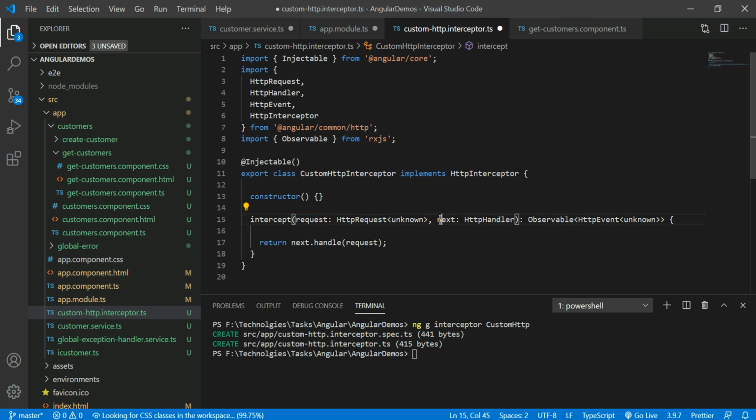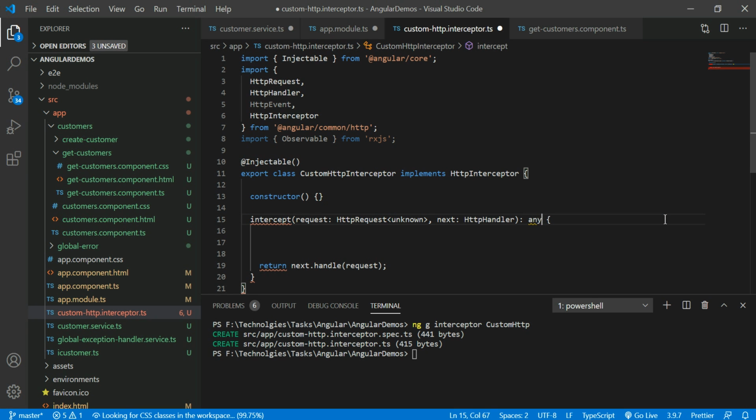Next, the handler is useful for handling the request. In case you modify the request, you have to return that modified request, so for that you use the HTTP handler. Here the return type is Observable of HttpEvent unknown; you can give the return type as any here.